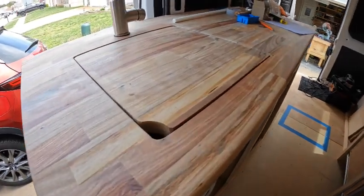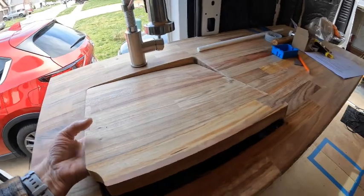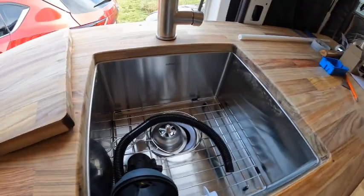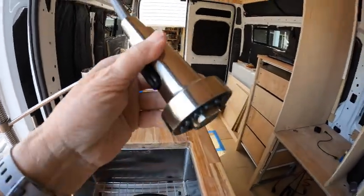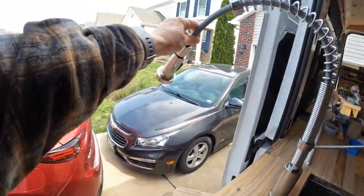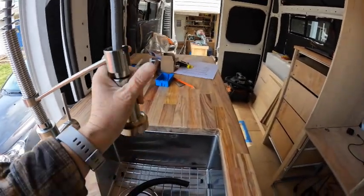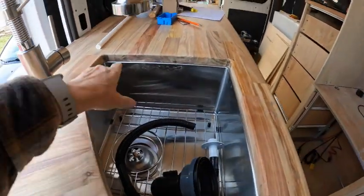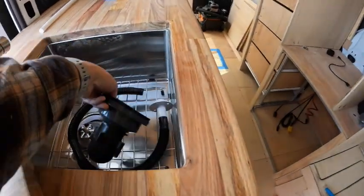As you can see, we're using the butcher block counter, and this comes out. There is her nice sink, with a nice little drop down faucet. This has a sprayer, so she can turn it around and wash my car if she wants. There you go. I still have to put the clear silicone on there and hook up the drain,